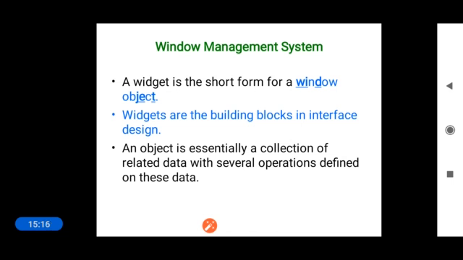An object is essentially a collection of related data with several operations defined on those data. Suppose you open any Word file, in the toolbar you can see various options like a menu, and in the menu you can see open, close, save as, right?